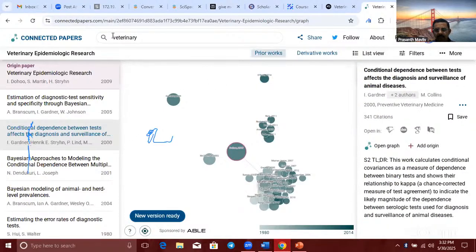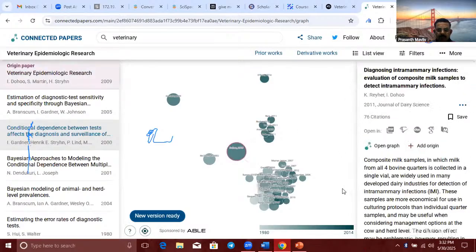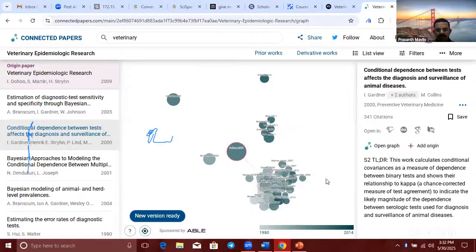And the most important things are prior works and derivative works. It's not based on citations. It is based on similarity. So you can easily find similar articles and research gaps if you find core review of literature papers or related papers in your research area.